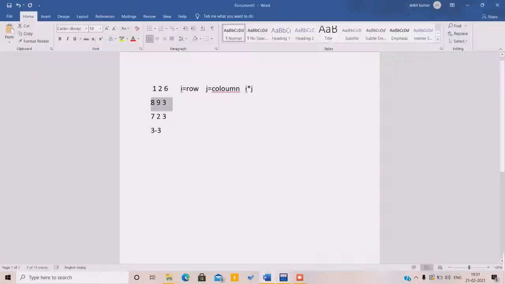Now here, what happens is, first it searches the element. Let's take key is equal to 3. So first it goes to position 0 0 and compares the element 3 with the element at position 0 0.